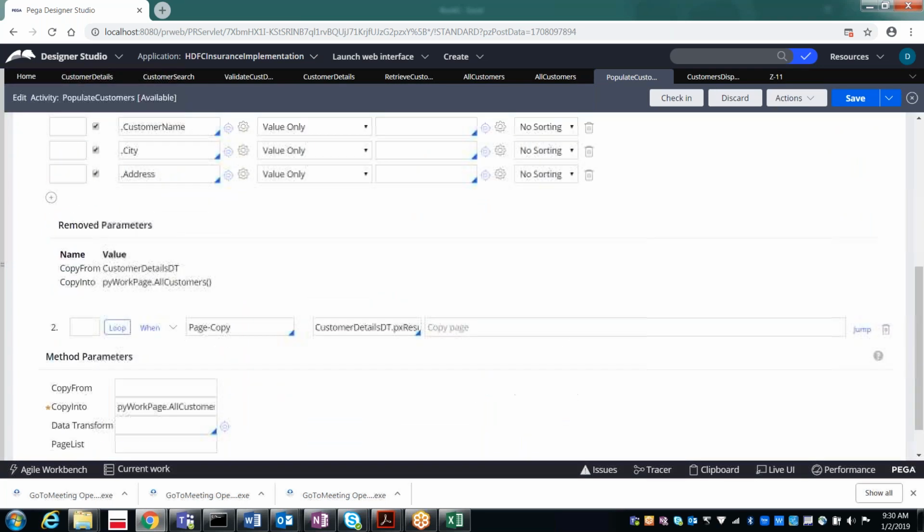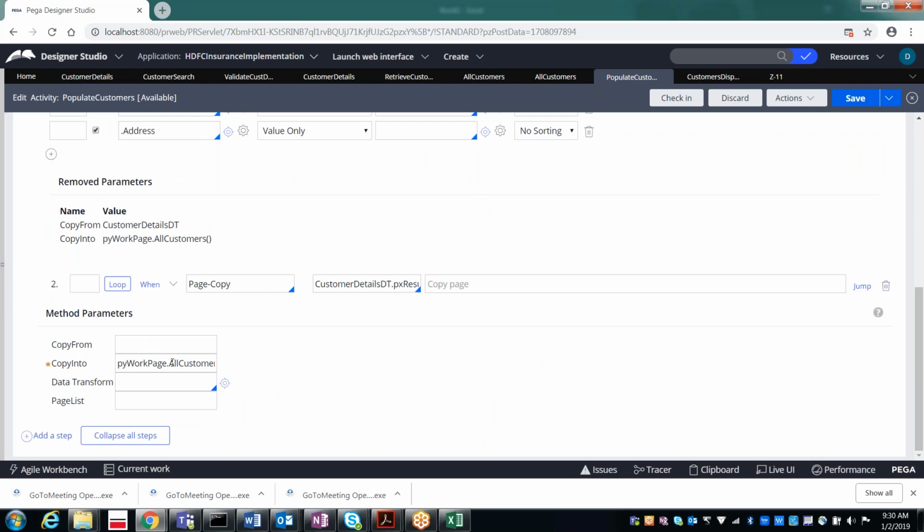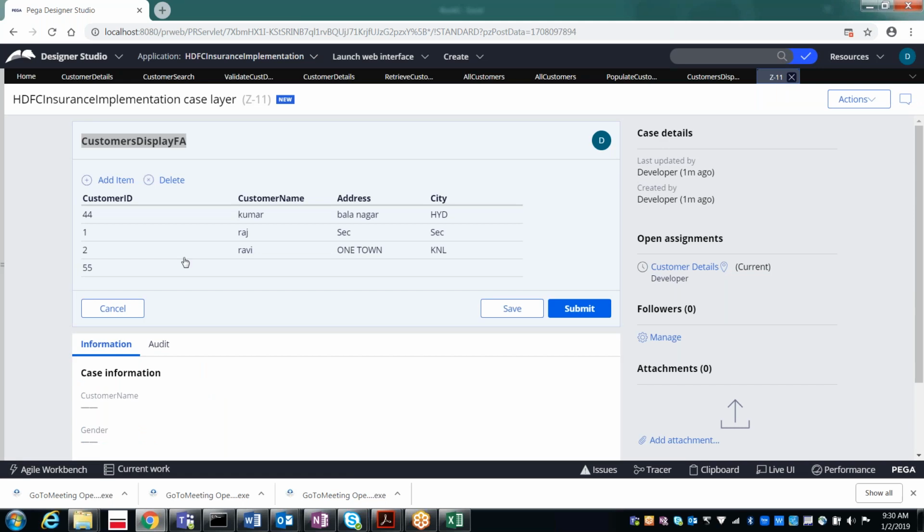From this page we are copying all the records to the all customers. So from this data type we have populated to the all customers page list property. As it is contained in the pyWorkPage.all customers page list property, it will be displayed in the UI. In the UI also we are referring to the same property, so it is displaying.